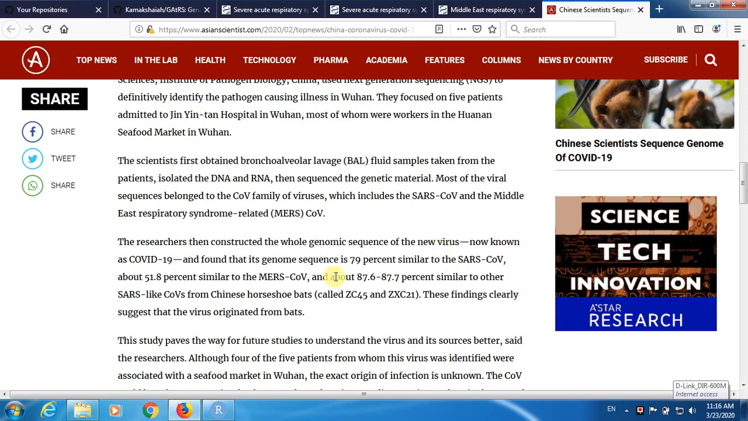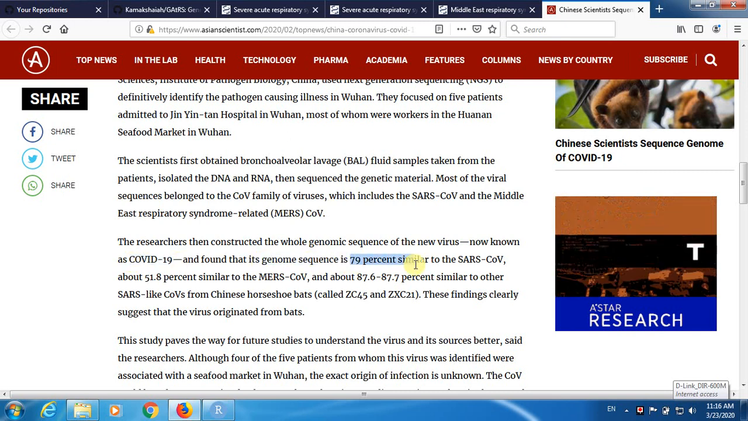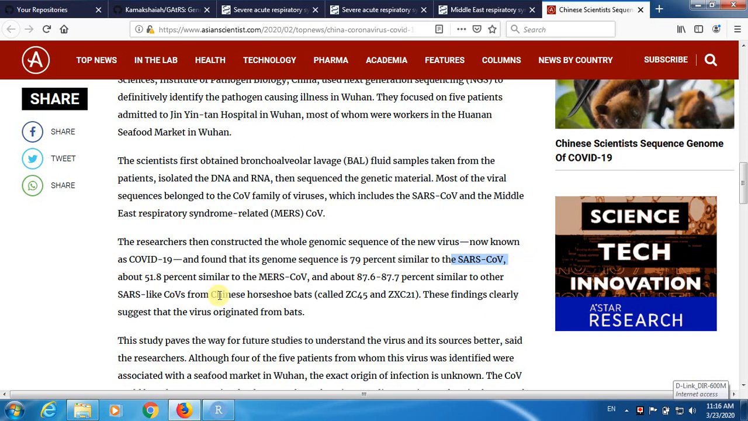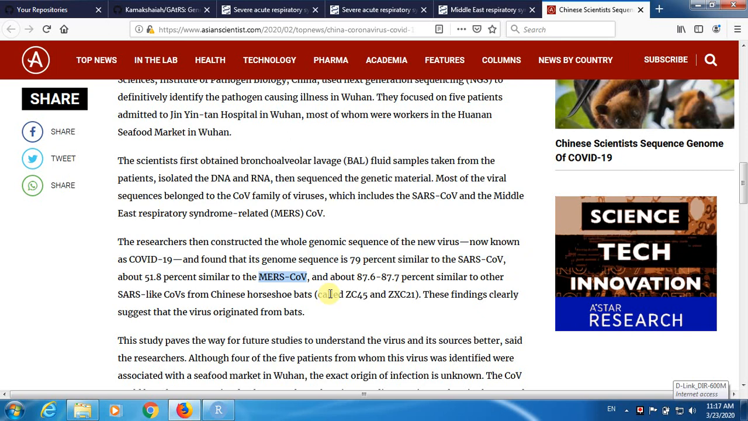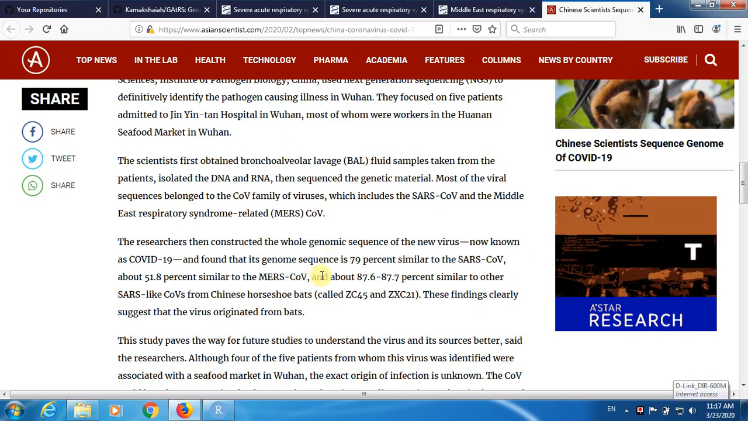So coming back to why I started developing this application: I came across a statement in one blog that the COVID-19 genome sequence is 79% similar to SARS-CoV and 51.8% similar to MERS-CoV. This seemed ridiculous to me, because the genetic distance between any two viruses must be very minimum, which means, like,